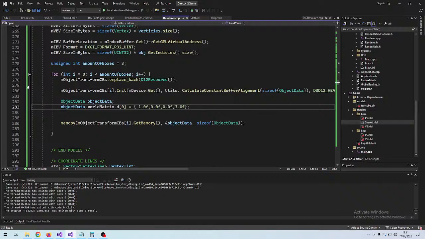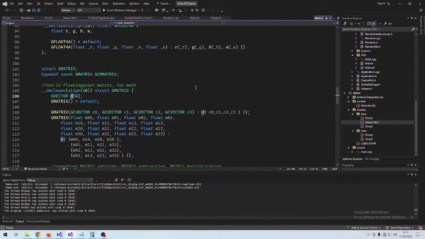Because in memory it takes each row first, or rather column first. That's the way it's laid out. As you can see inside here,